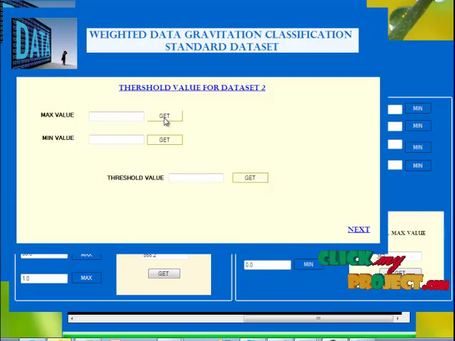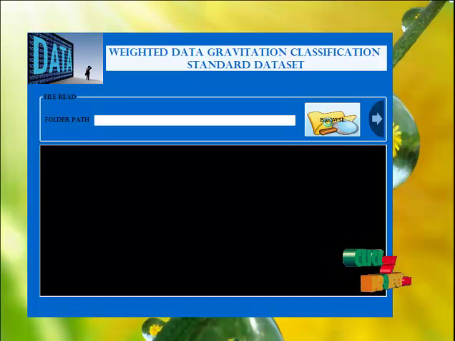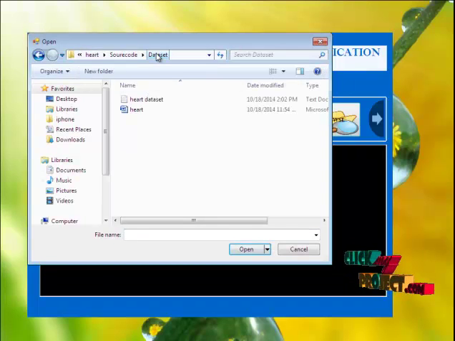In the hard dataset, the maximum value is 866.2 and the minimum value is 363. Press the get button to get the threshold value of the dataset. Now go to the next button. Now you have to browse the lung dataset.